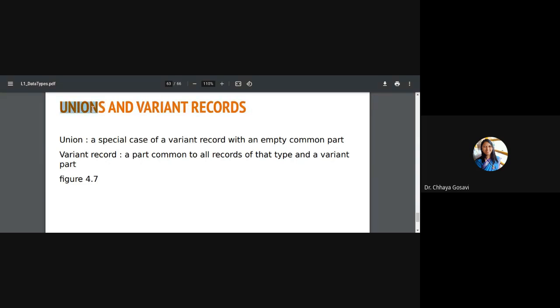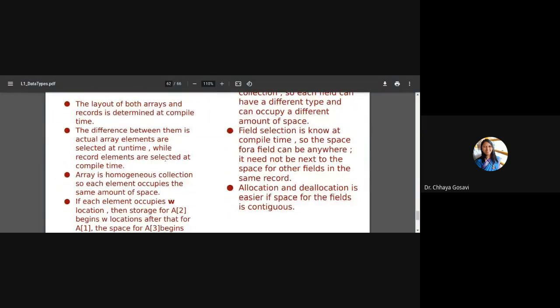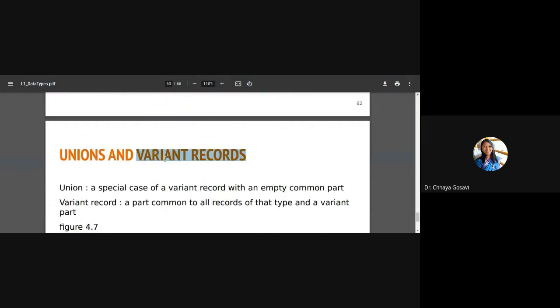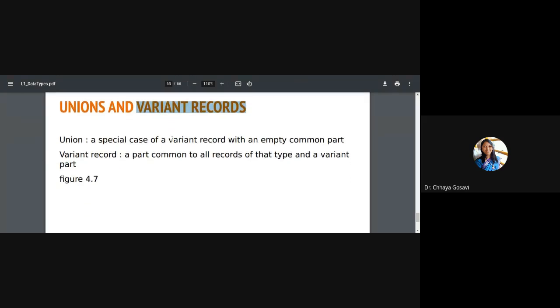Record is a keyword for Pascal, and struct, or structure, is a keyword for C. A union is a special case of a variant record with an empty common part. A variant record has a part common to all records of that type, and a variant part.